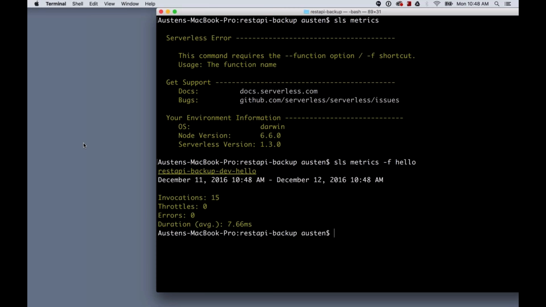Question number 3, does deploying the Lambda via CloudFormation give you the ability to do red-green deployments of new versions of Lambda? Yes, there are a few ways you could do this. Basically, you'd create separate CloudFormation stacks and then take your API gateway and put that in a different CloudFormation stack, and then use that API gateway to point to one Lambda function or the other.